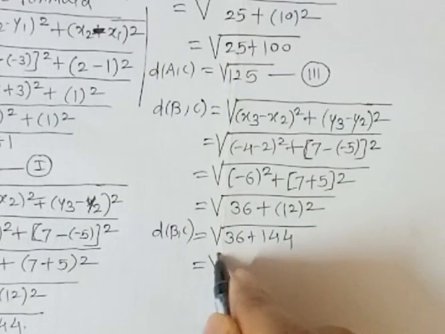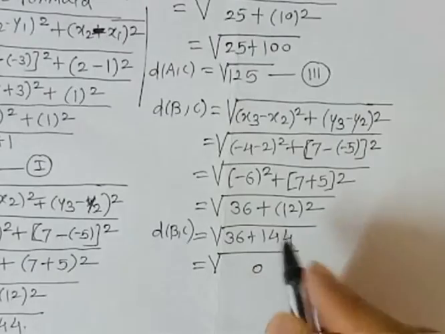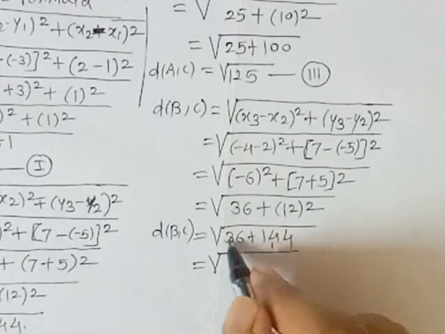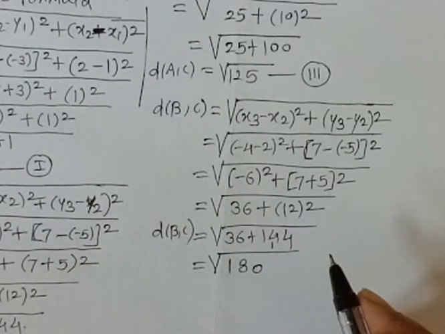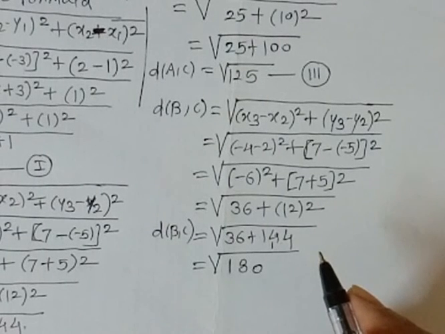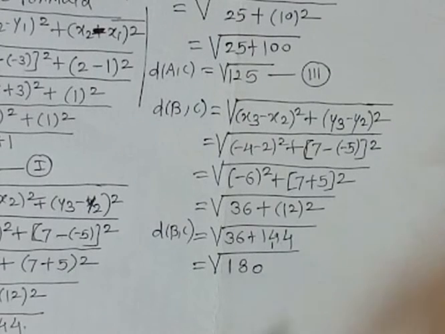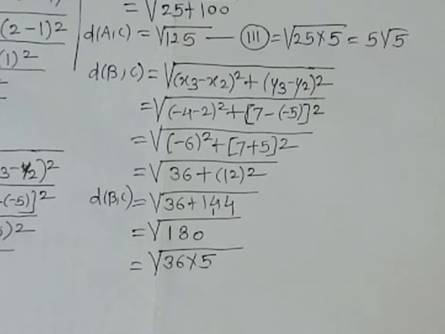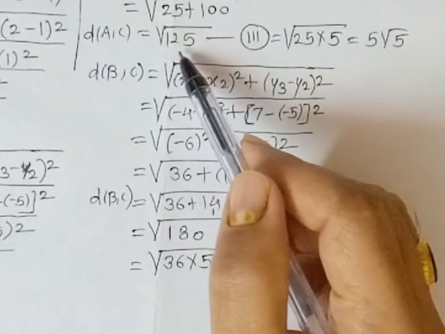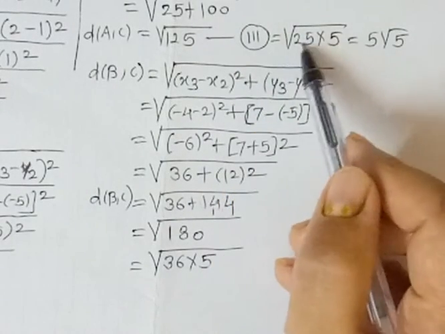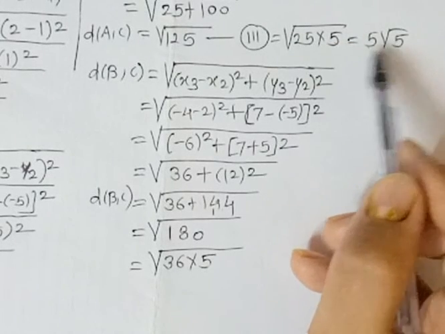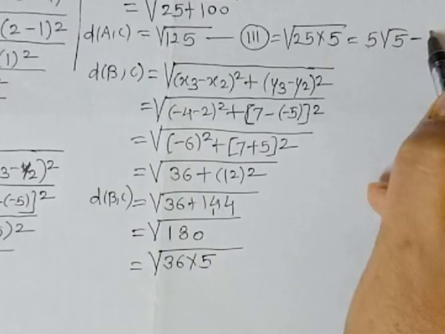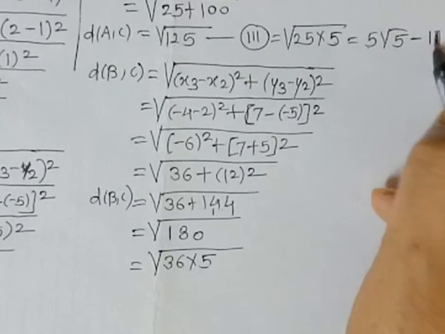This comes to be equal to 6 plus 4, 10, 0, 1 carry; 4 plus 3 is 7, plus 1 is 8, and 1 as it is. Okay, that is under root 180. Now see here again 125, we write 125 as 25 × 5, is it right? And the square root of 25 is 5 and this root 5 is as it is. This is your equation number 2nd.